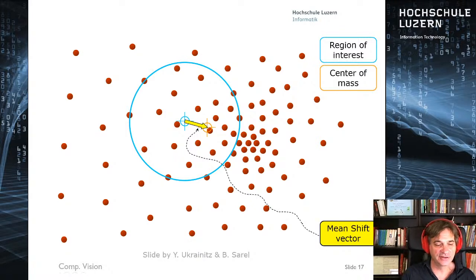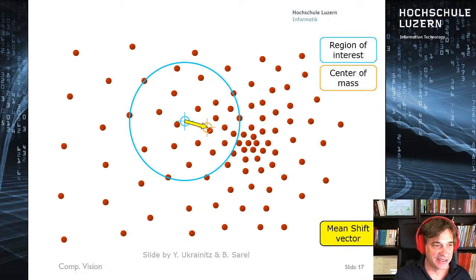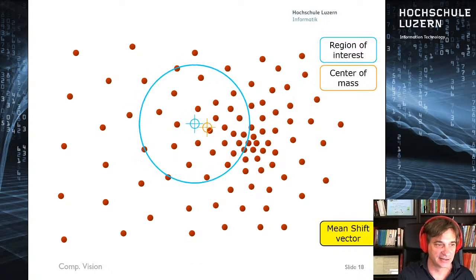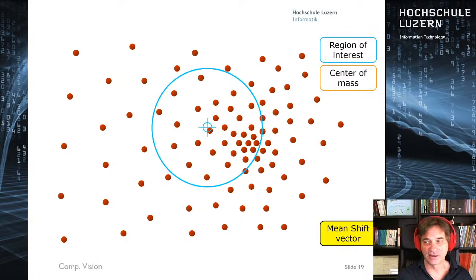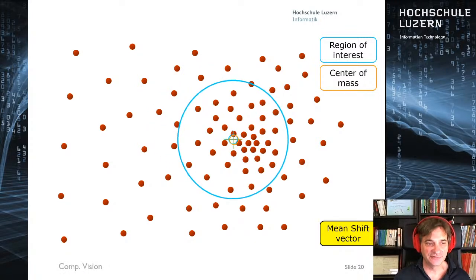And so now you replace your starting position x with the mean that you have just calculated. You move there, then you have a different neighborhood of pixels to look at, and you continue the same way. So again, you calculate the mean, or the center of mass, for the points in your neighborhood. Here in this blue circle, again the mean will be more in this direction, as the points are more dense here, and then you shift to the mean. That is what gives the algorithm its name, as it is a mean shift to the mean. Once more,